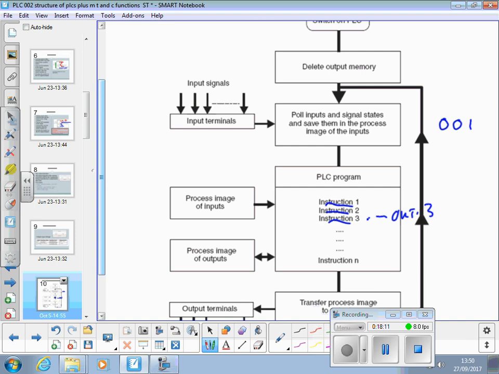It's going to have no effect yet. You've got to go all the way to the end of the program, transfer the output, so that output will turn on. It's going to go all the way